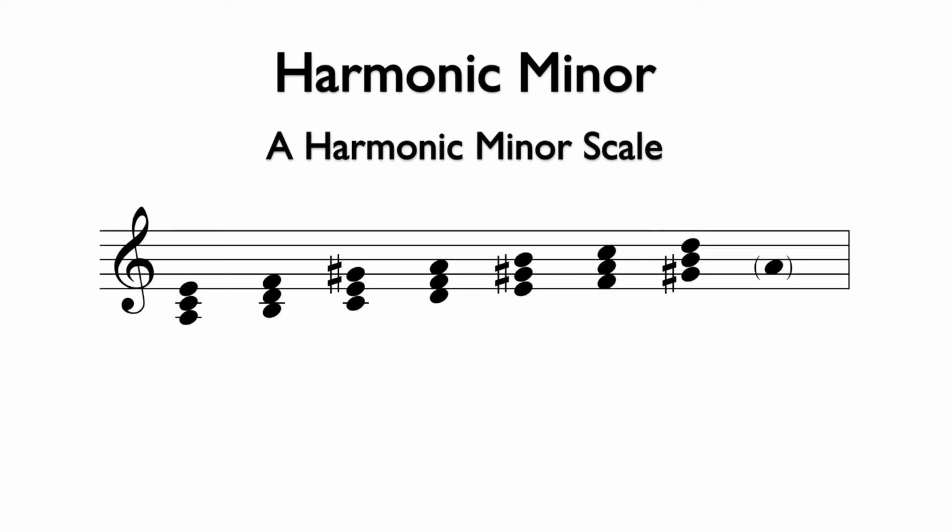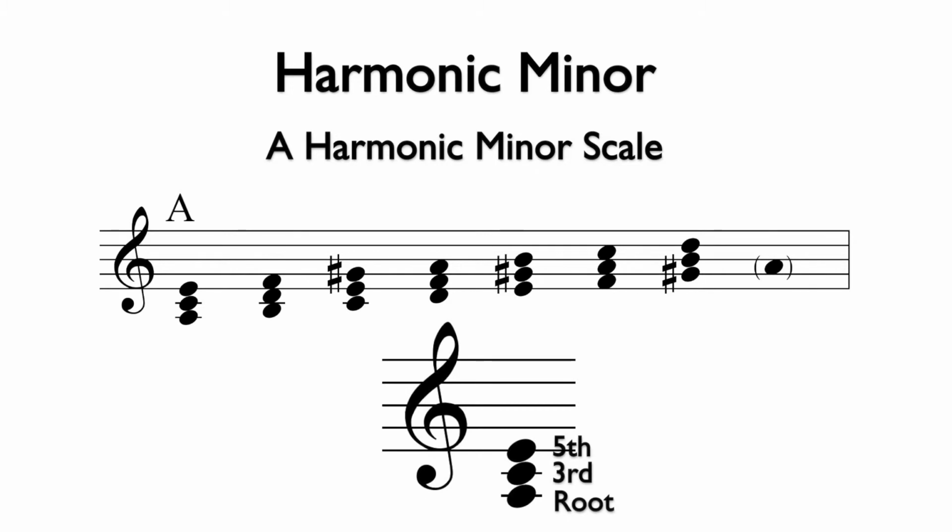Now I can name each triad by checking for the distribution of thirds. Since the root of the first chord is A, it is some type of A chord. By determining the intervals between the root and the third and the 3rd and the 5th, we can name the chord. From A to C is a minor third or 3/2 steps, and C to E is a major third or 4/2 steps. Therefore, we have an A minor triad.